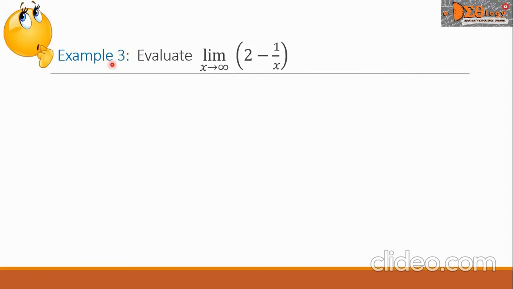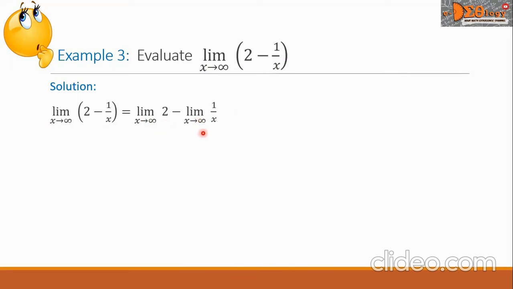Let us have example 3. Evaluate the limit of the function 2 minus 1 over x as x approaches infinity. We write again our problem here, and by limit law, we can take the limit of each term of the function. So we have the limit of 2 as x approaches infinity minus the limit of 1 over x as